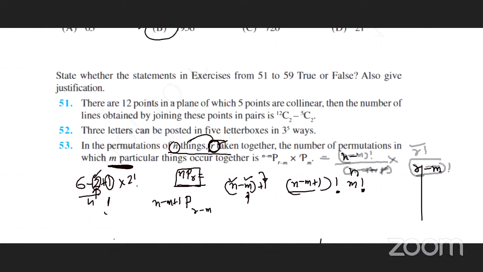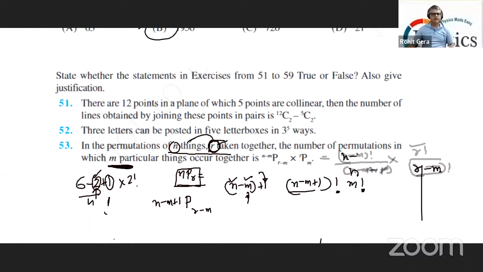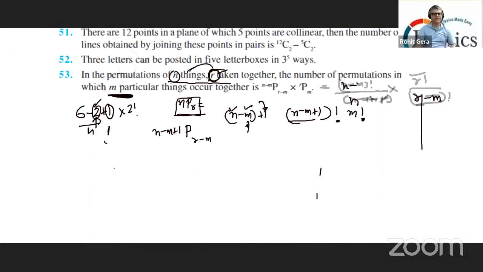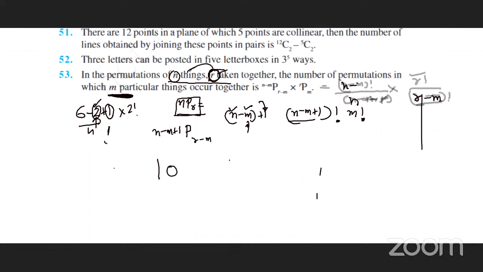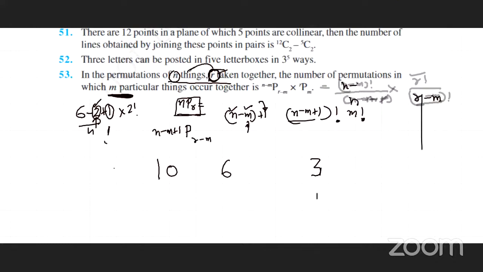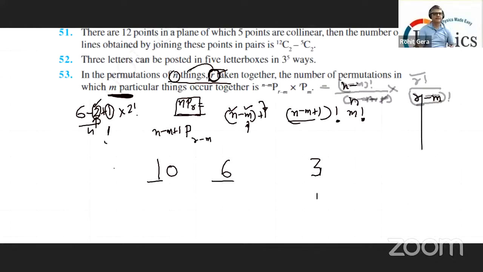Okay. So it is like saying you have 10 things and you take 6 things out of it. But when you take them out, 3 of them always need to be together. Right? So if you just have 10 things and you have to do this, you will write 10P6,